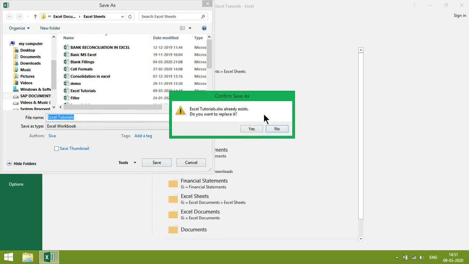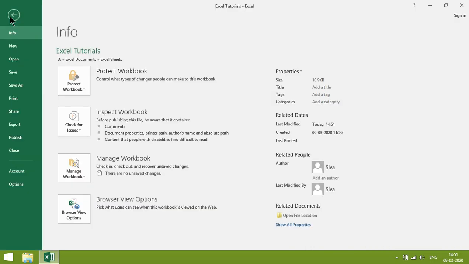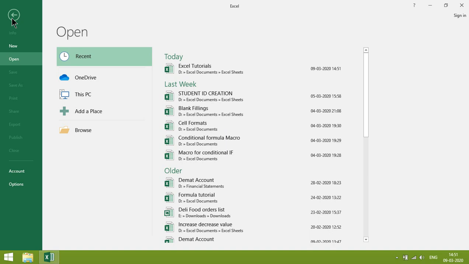Since it already exists, it will ask to replace; click yes. How to close the file? The same way: File, Close. To reopen, just click here.